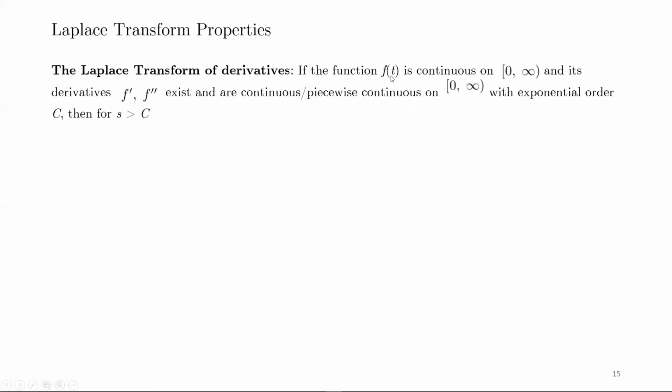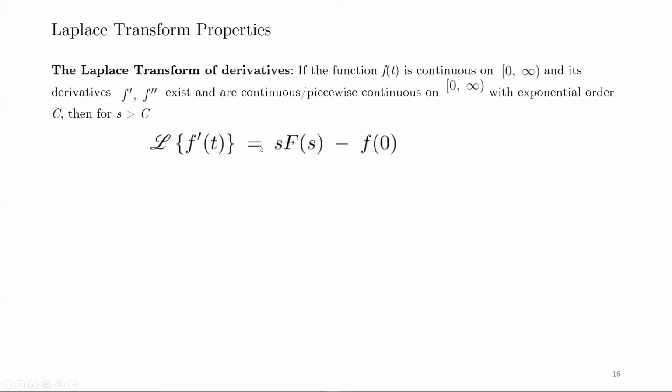Okay, so assuming that this function f of t is piecewise continuous on 0 to infinity and it has at least two derivatives. So what? Well, in fact, we can take the Laplace transform of higher order derivatives as well, but in this class we'll just focus on first and second order derivatives. So assuming that these exist and are piecewise continuous on this interval 0 to infinity, with exponential order c for some s greater than c,